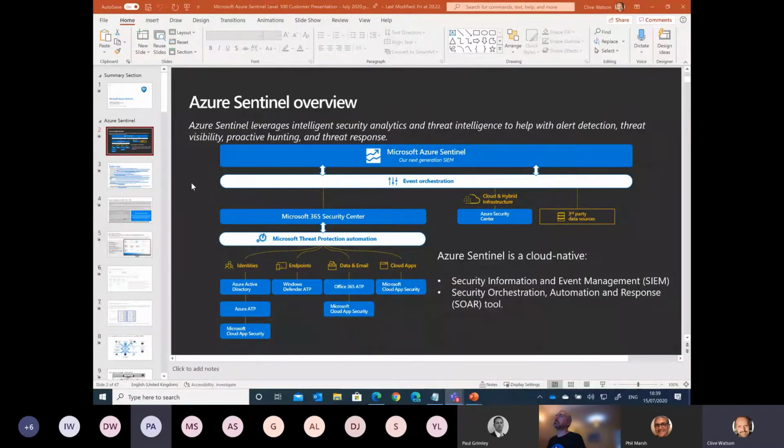So we're positioning Azure Sentinel this way. It is both a SIEM or SIM, depending where you are and how that's pronounced. So it's a SIM and a security orchestration automated response, SOAR, tool. So it does both capabilities. It's there in the cloud, so it's part of the